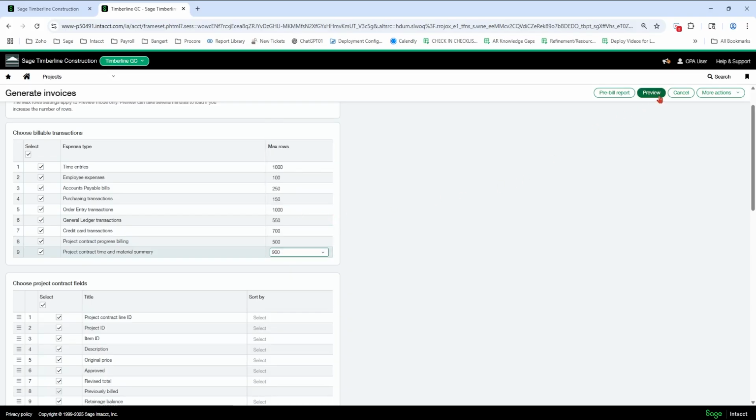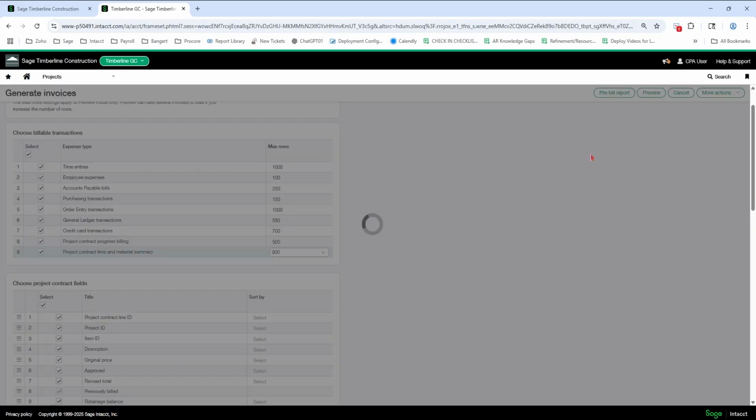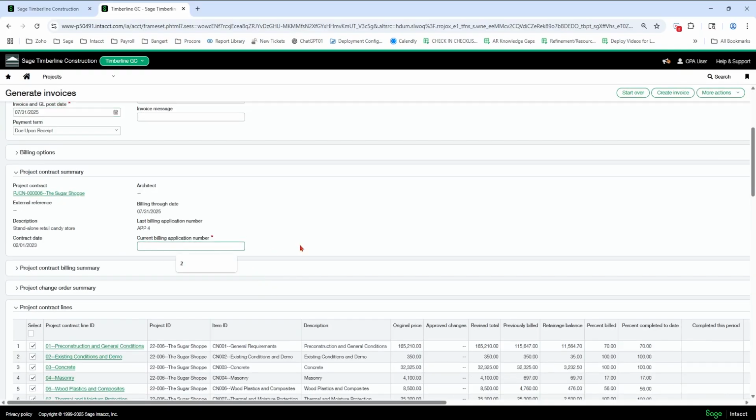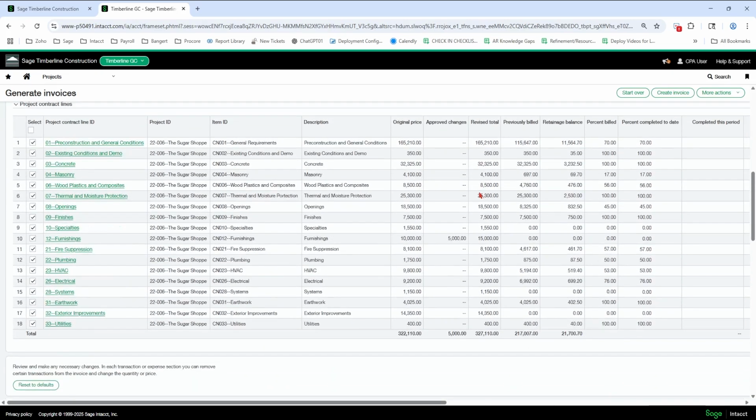I'm going to hit preview here. I'm going to put app 5 again. And now I can see my original contract price, change orders to that line, revised total, what I billed previously. We've got a retainage balance here.